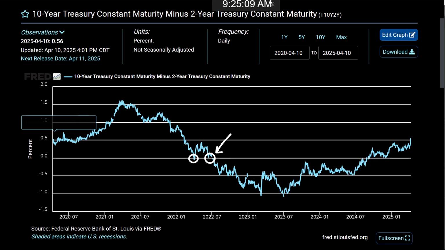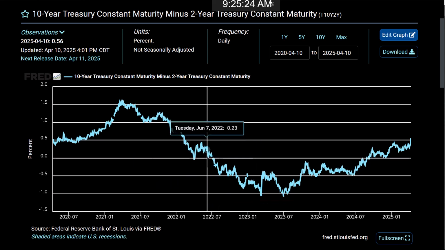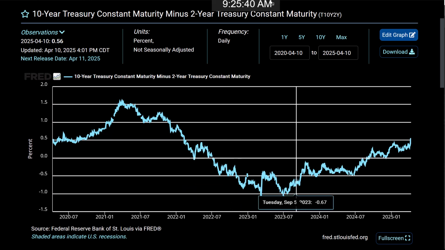All right, so the second, in close proximity, so we re-inverted basically right there around the beginning of July. So the first inversion was the beginning of April, and then the re-inversion was, April to May, May to June, June to July, 3 months later. All right, now we're talking. Now we're off to the races.